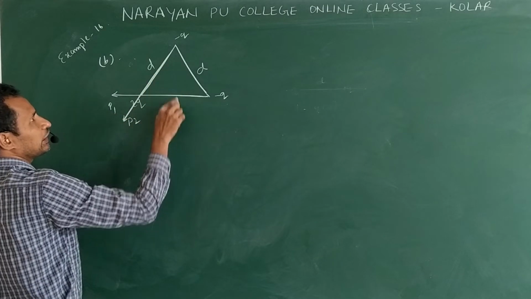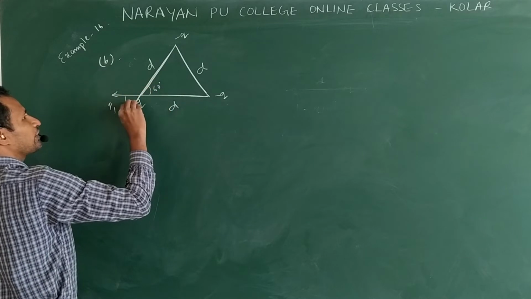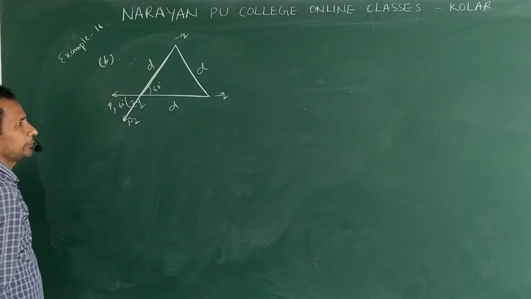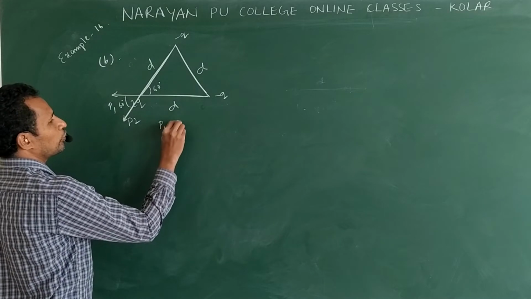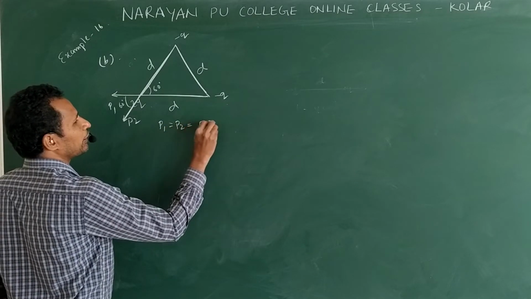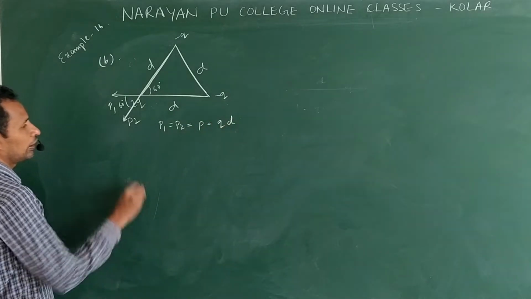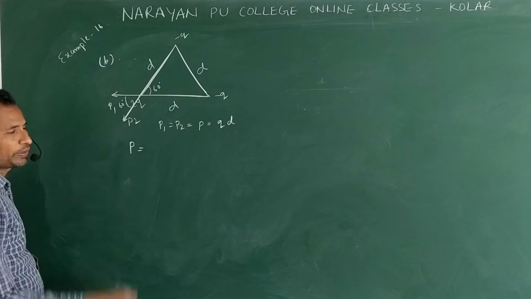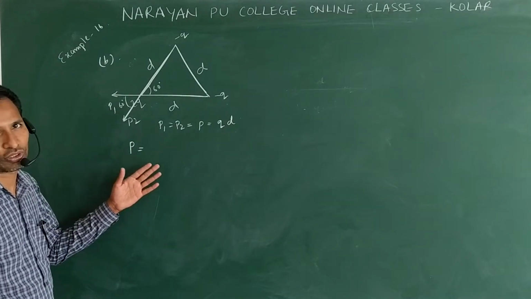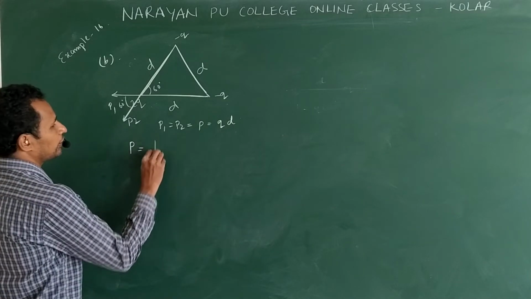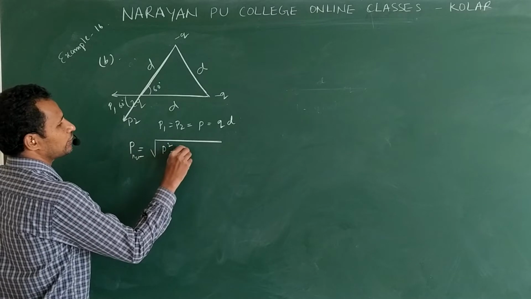This is an equilateral triangle. This is 60, this is 60. Obviously, this angle is also 60. Now, charges same, magnitude same, distance same. P1 is equal to P2, let us take it as P, and this is Q into D. Net dipole moment, according to the previous problem, the net resultant is under root of P1 square plus P2 square plus 2 P1 P2 cos theta. Here P net is root of P square plus